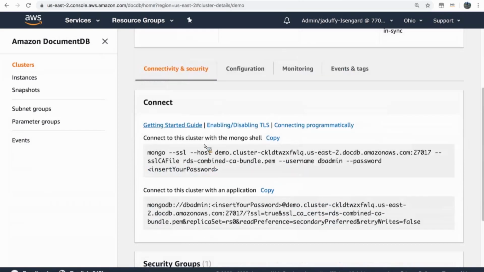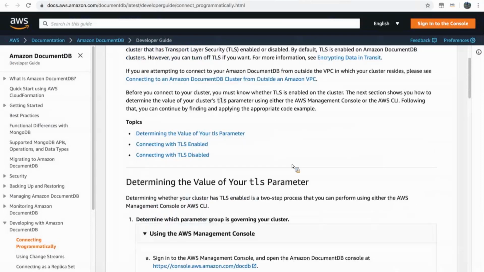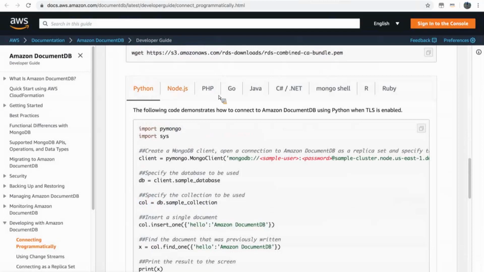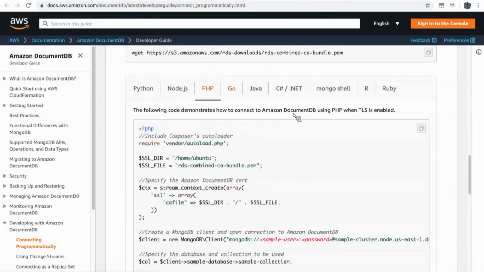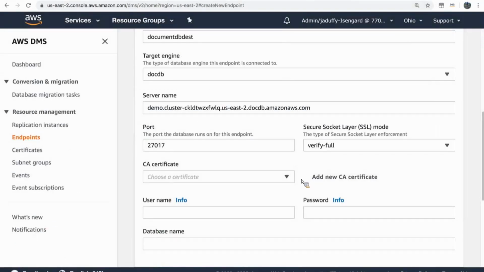and security. We've provided some convenient links at the top here. And if you just click on this connecting programmatically link, not only do we talk about how to connect to DocDB with TLS enabled, we show you with a number of different programming languages how to use that CA file that we're asking you to download here, this RDS combined CA bundle, and then use it within your application to connect to DocumentDB. Now, in this case, I want to connect from the Database Migration Service, and so what I'm